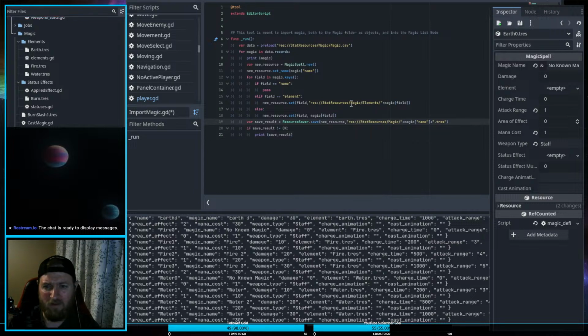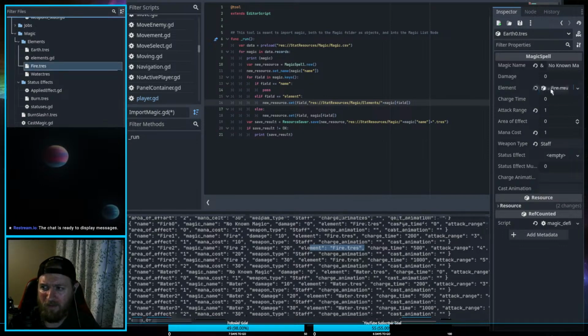Slash magic slash elements. Okay. Plus magic field, which should be element, which should be, yeah, slash fire dot tres, which should be correct. Like if I add that on there. And I can see that it is stat resources slash magic slash elements slash fire. Okay, what I probably need to do then